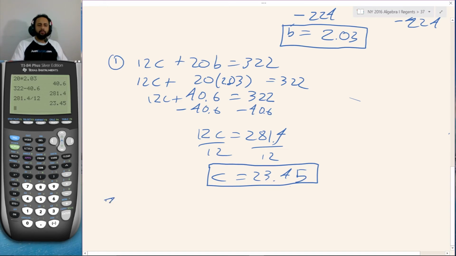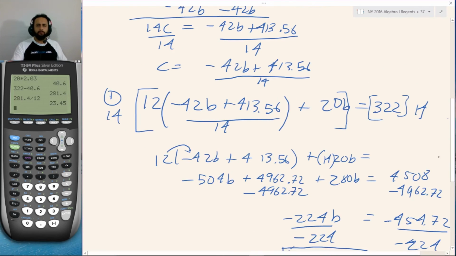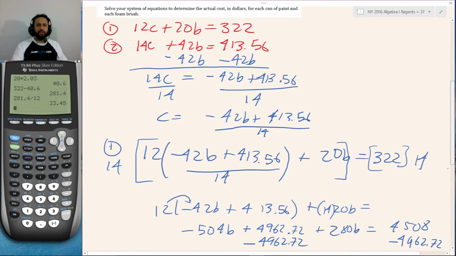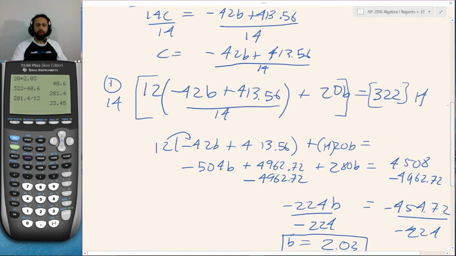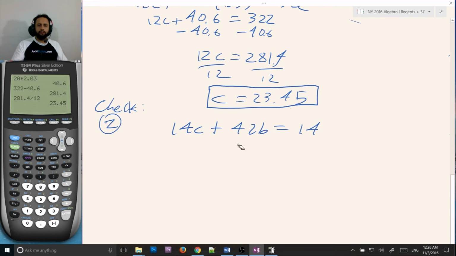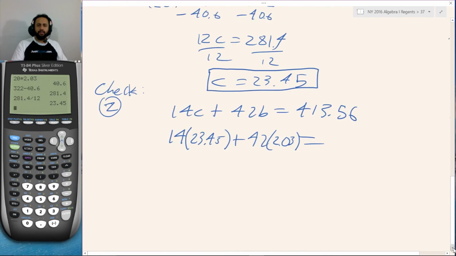So I am going to check my answer. Why not? So check. The second equation was 14c plus 42b is 413.56. I'm very excited about finishing this whole test now. So C is 23.45. 14 times 23.45 plus 42 times 2.03, the price of a brush. Let's verify that. Yes. Is that equal to